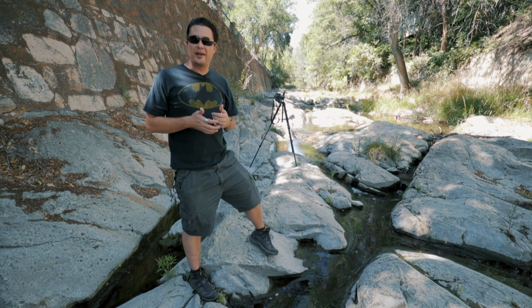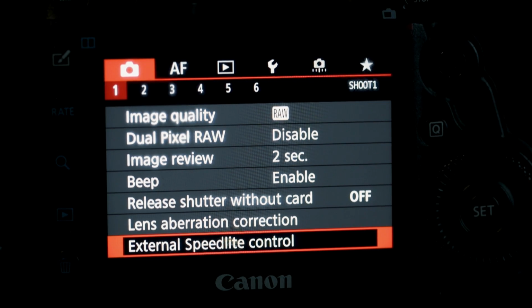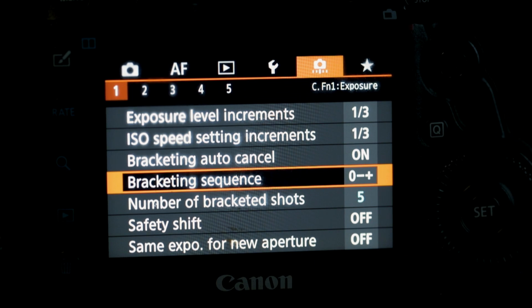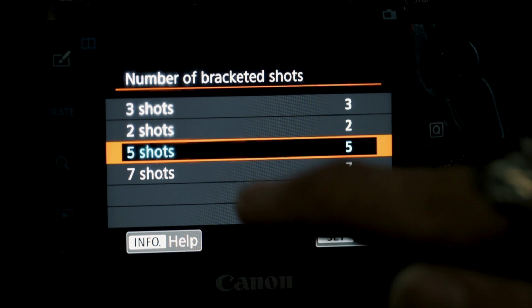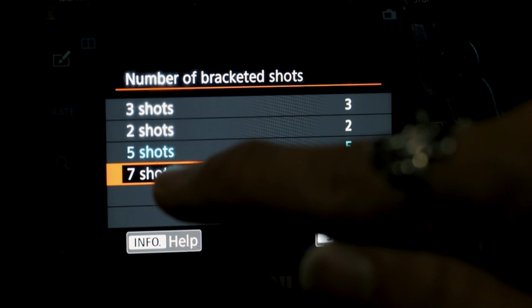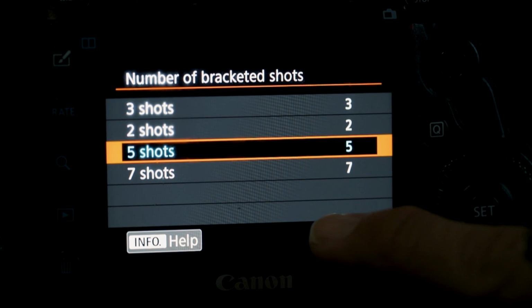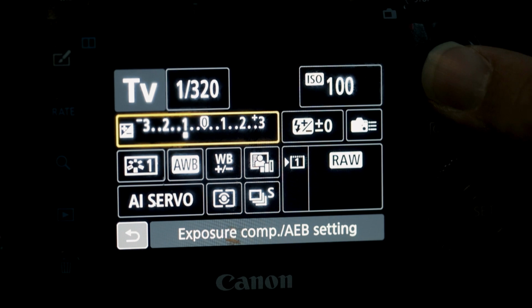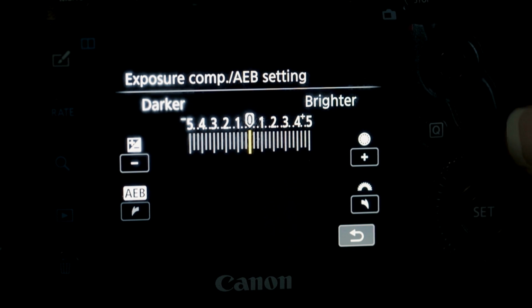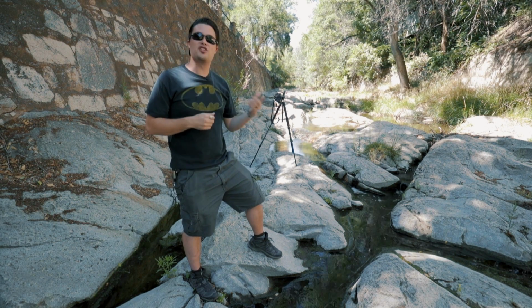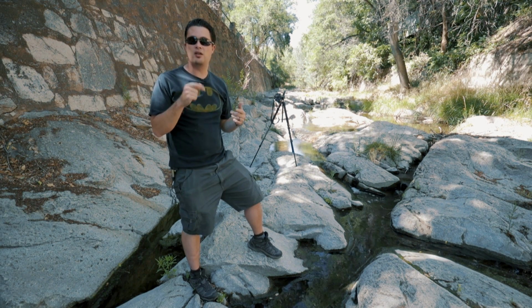So if you want to use the bracketing method and not do completely manual, then check out your camera's manual for how you do that. I'm using a Canon camera, so I'll show you how I'm going to do that in my camera, and it's pretty similar through all of the Canon system. But if you're using something else like a Nikon or Sony, just look up exposure bracketing and see how to set that up. If you don't want to use exposure bracketing, you just do the other way that I'm going to do, which is just shoot manual